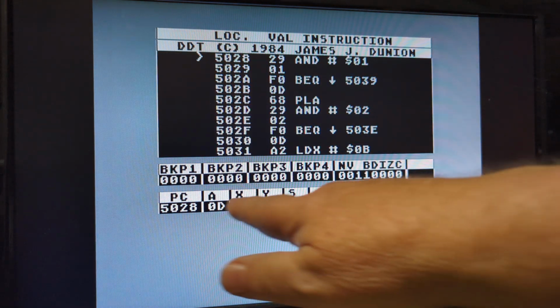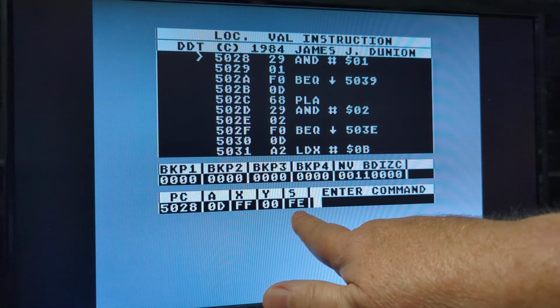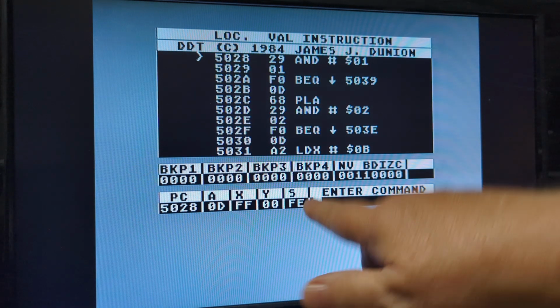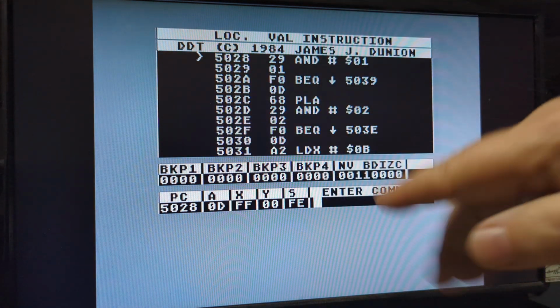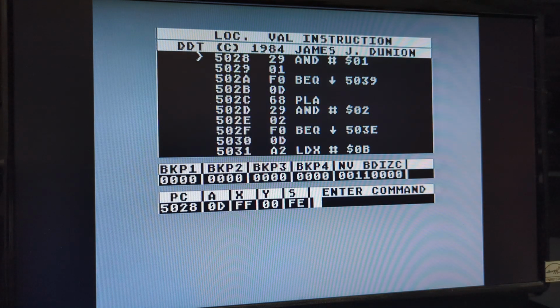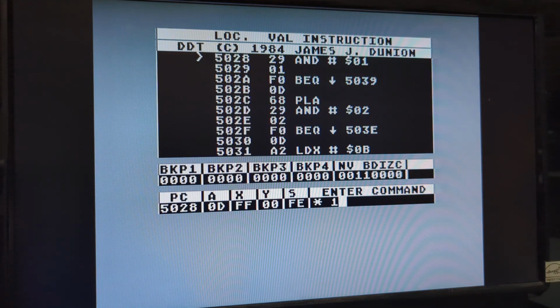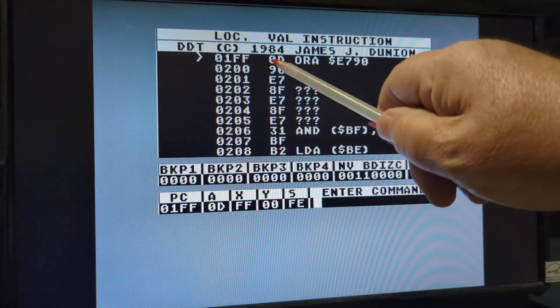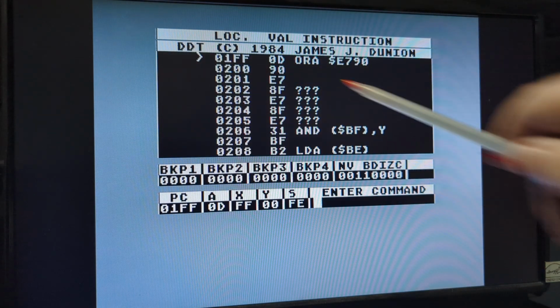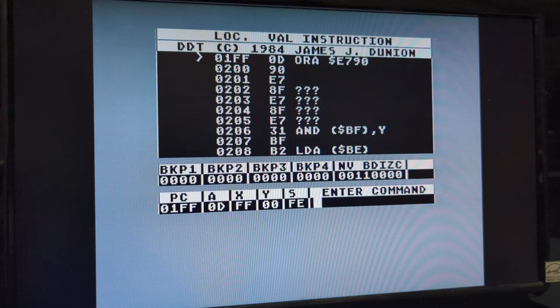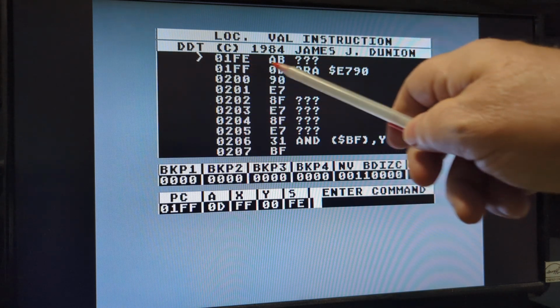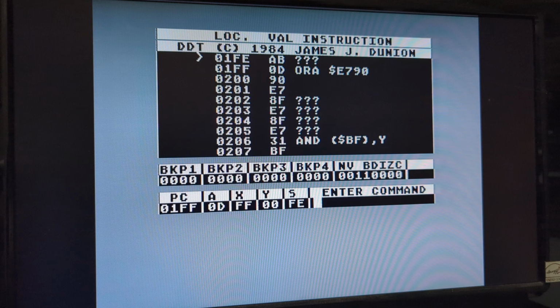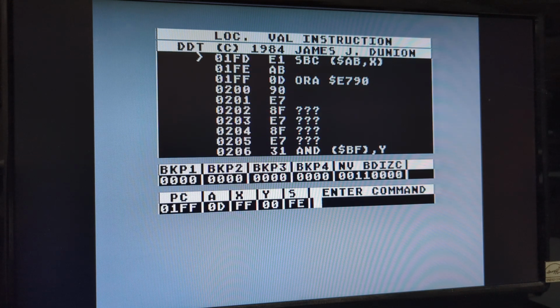So right now I push this into 1FF, and then the stack pointer went down to 1FE. So if I go to 1FF, you can see that's where my 13 went. It's stored on the stack right now. And if I look up at 1FE, the value there is AB. So just remember that. And then we're going to go back to